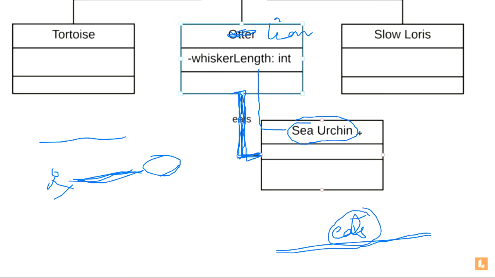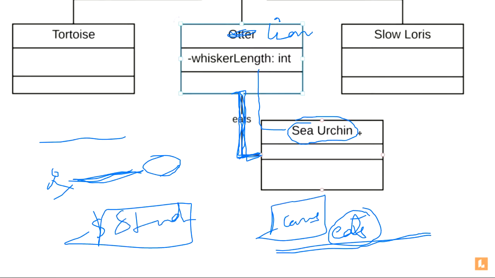Suppose you have a class student and you have another class course. So you can show an association line with this, and to make it visually more appealing, you can also write it here, say takes, that student takes course. So it's just easy to read, that's it. Okay, so it just makes the purpose easy, it's easy to read, student takes course. Here also one thing you can do is write it like this, directed association, that lion eats sea urchin, so you can make an arrow here, that this is a directed association. Directed association means the flow will be from here to here only.